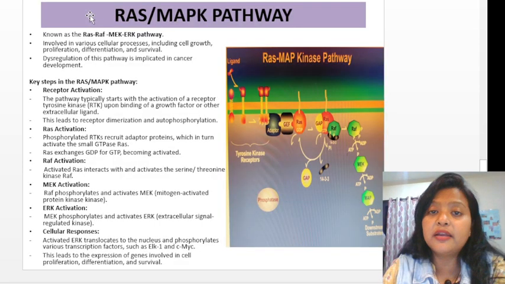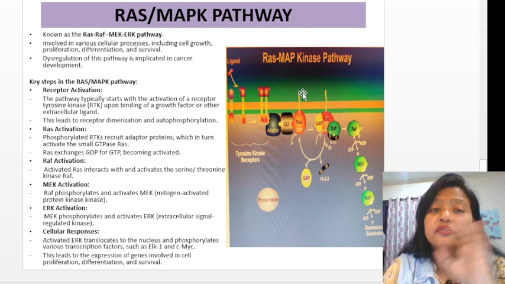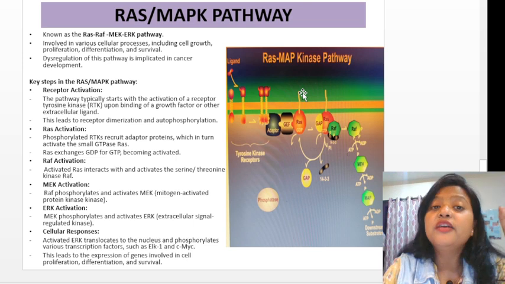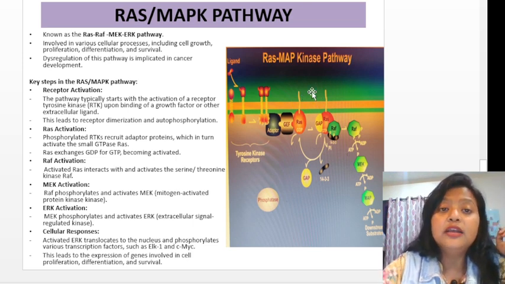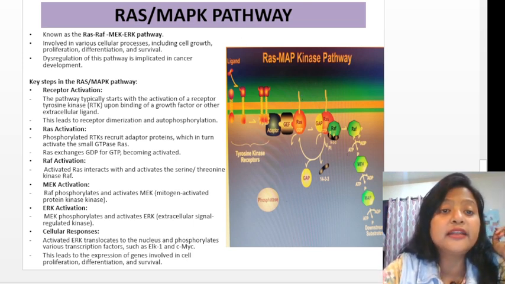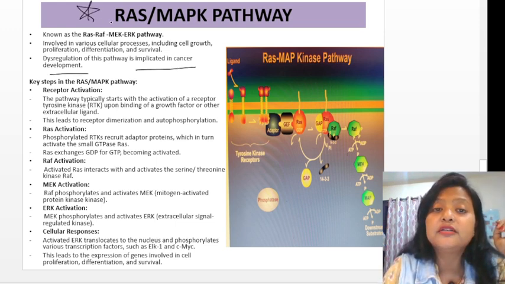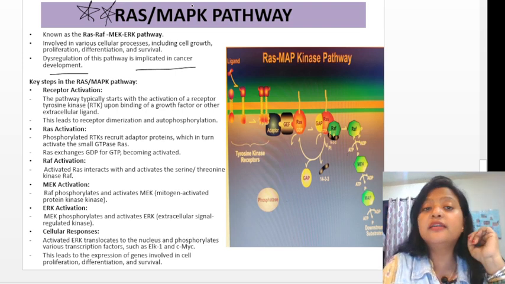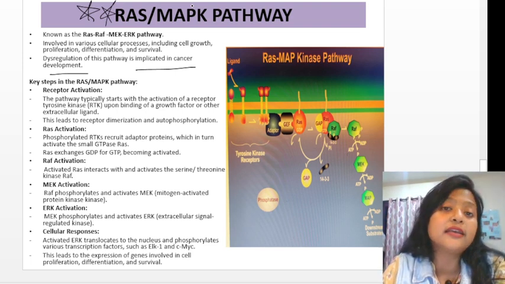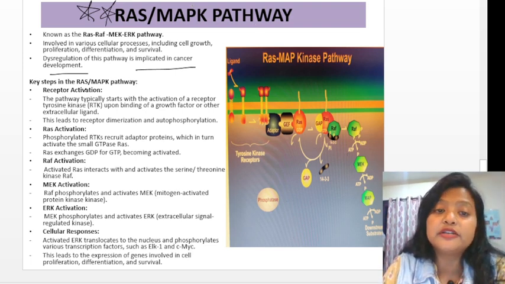Now moving on to the RAS-MAPK pathway. So this RAS-MAPK pathway is also known as RAS-RAF-MEK-ERK pathway. Okay, तो ये किस में हेल्प होता है, सेल ग्रोथ में, प्रोलिफरेशन, डिफरेंशिएशन एंड सर्वाइवल में। सो अगर इसमें कुछ प्रॉब्लम होता है क्या होगा, कैंसर डेवलपमेंट, वेरी इंपॉर्टेंट, ओके, क्योंकि जो रास है ना, ये रास बहुत इंपॉर्टेंट चीज है। अगर कोई भी म्यूटेशन हुआ इसका ड्यूरिंग सेल साइकिल, it will lead to cancer development, ओके।